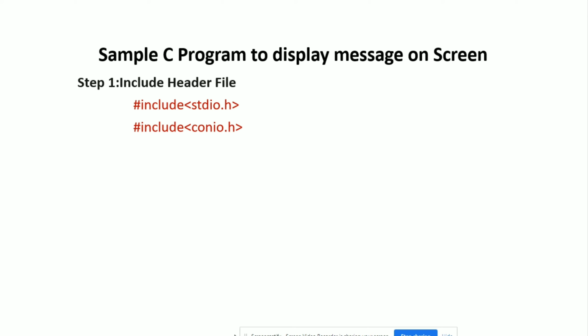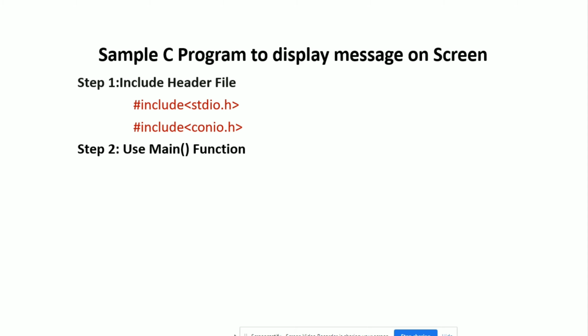This header file contains various functions like clrscr, that is clear screen, and the second function is getch. getch is one of the functions which holds the screen until the user passes a single value to exit from the console screen. So all those functions we are using in our program, that's why I am explaining those functions.